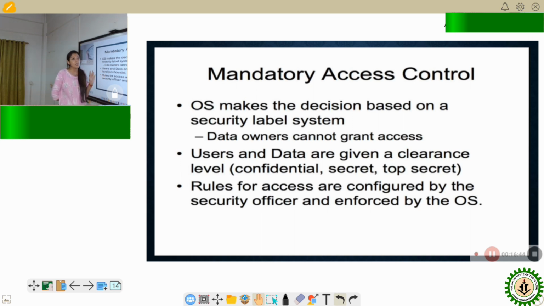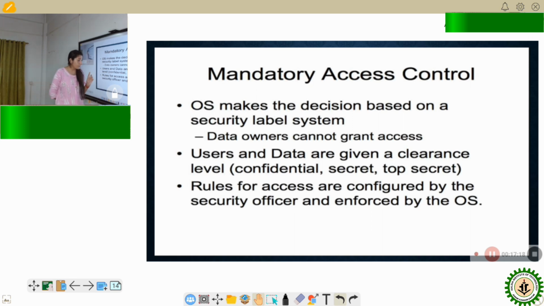You must have seen in espionage movies where we have some security personnel or agents who are given top secret clearance. If they have top secret clearance, then they are able to access very sensitive information. For some people who have, suppose, level 1 clearance, they are not able to access a higher level of information. These are very real-time examples which usually happen in the military.